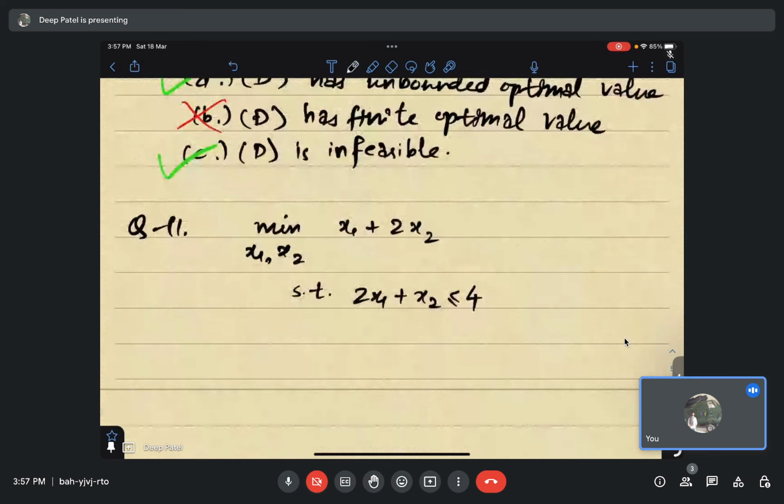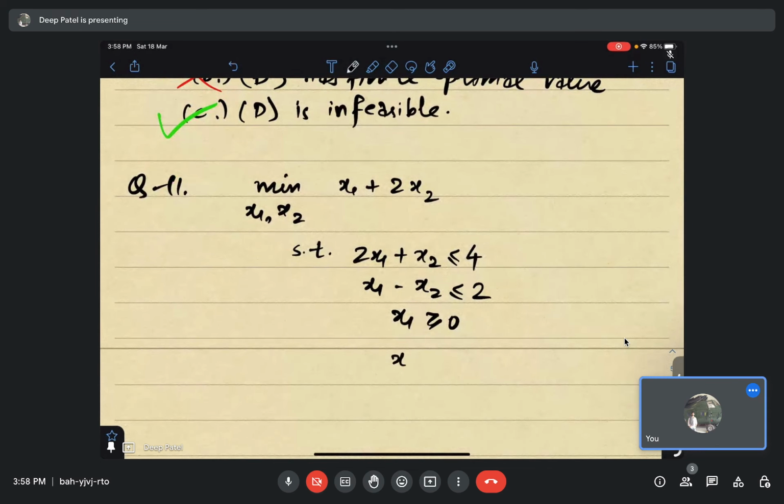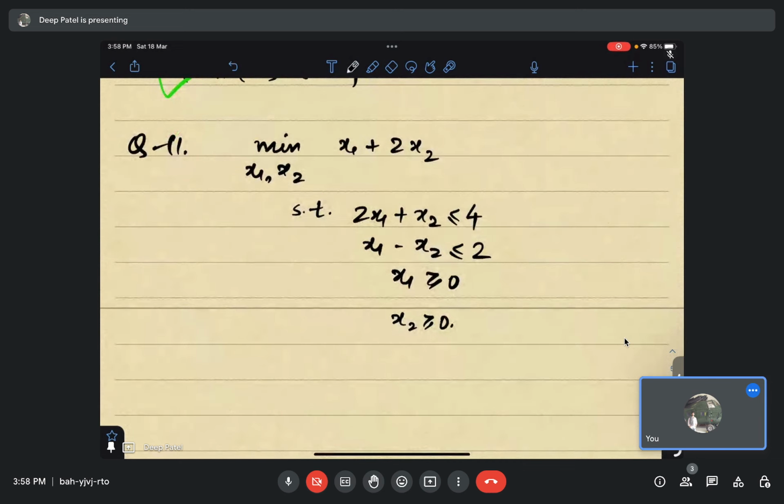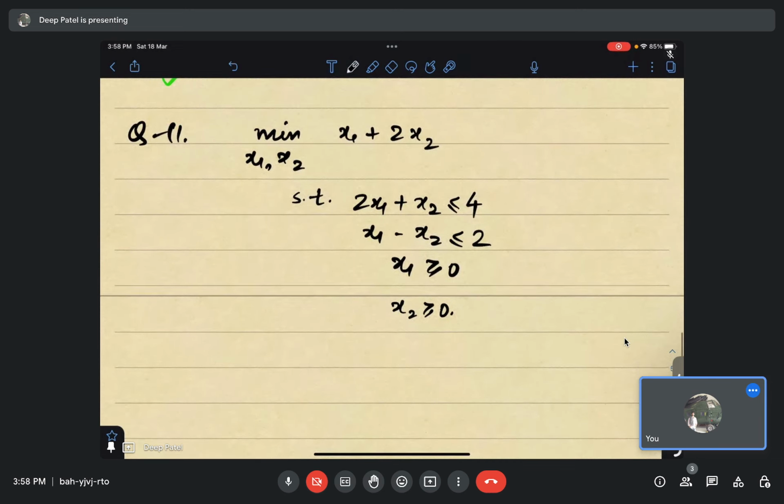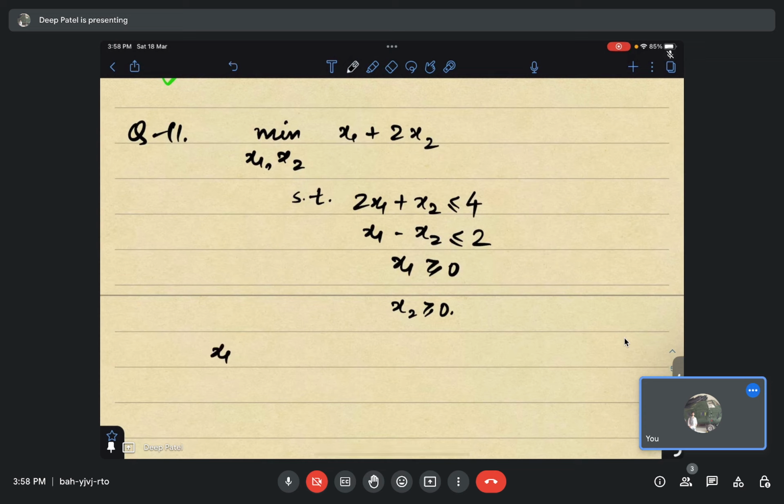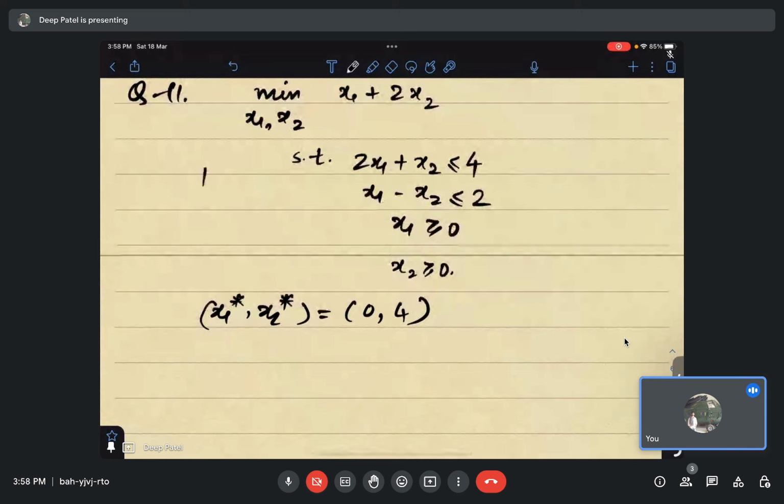So we are given an LP in the standard form. Well, it's not a standard form actually. So the thing is, we are given the solution. x1 star, x2 star is 0 comma 4. So this is the primal,